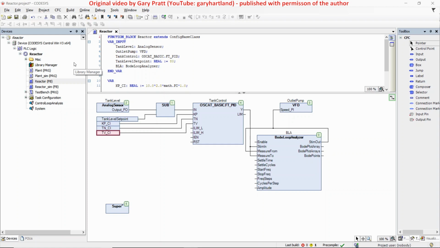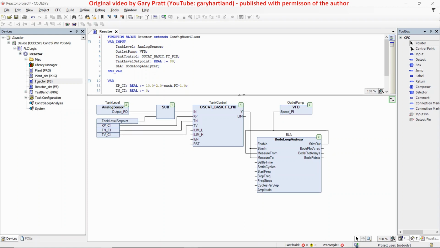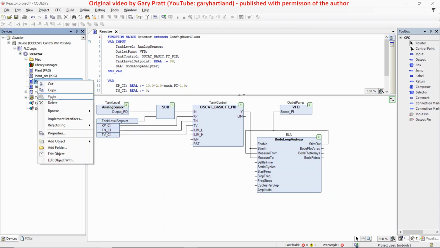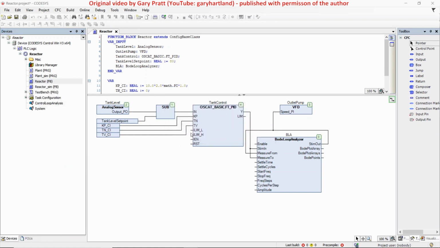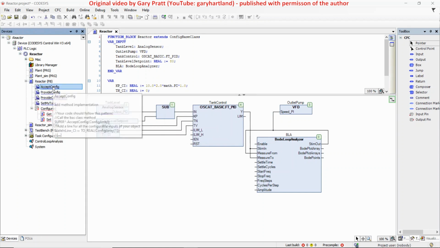The next step is to implement the interfaces, which are specified in the base class. CODESYS makes this easy with the right-click Implement Interfaces. We need to implement 4 interfaces: accept config, which receives the values from the central configuration service and writes the _CI variables;